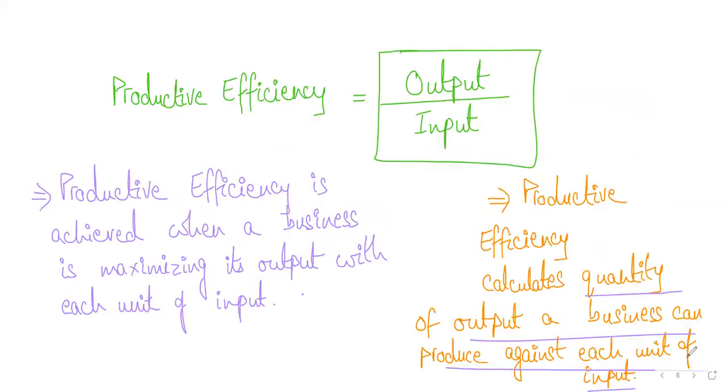We did not get the chance to talk about allocative efficiency, that we will discuss tomorrow. But for productive efficiency, we said productive efficiency calculates the quantity of output a business can produce against each unit of input. This is the formula that helps us